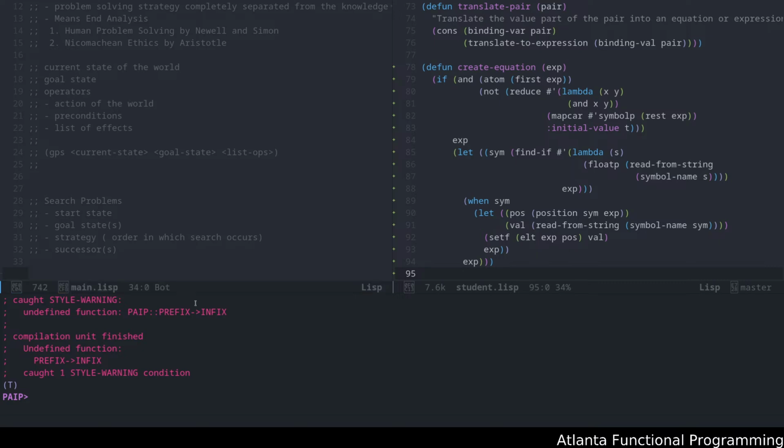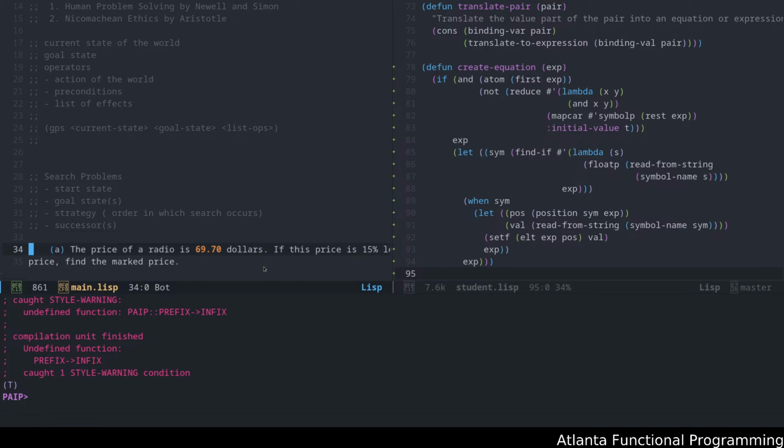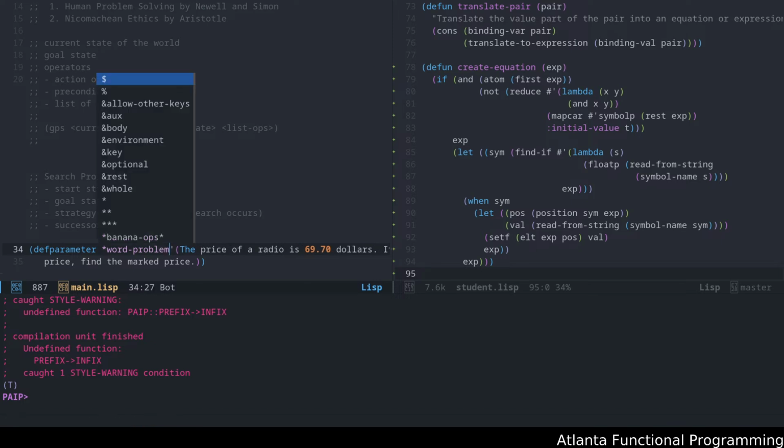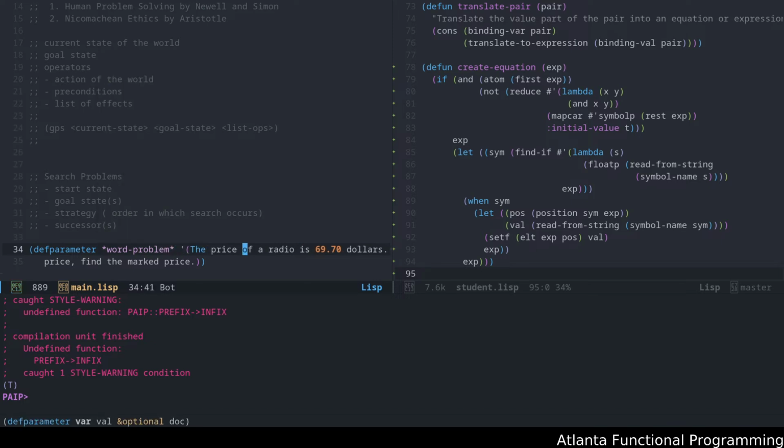So we had the following problem that we encountered originally. Hold on, one second, let me just get this here. Okay, and we can just do that. We create a list of this here, wrap it in a parameter, the word problem. And what we're doing here is